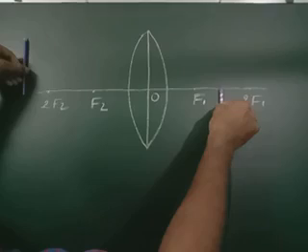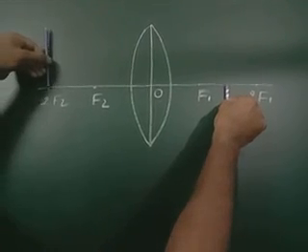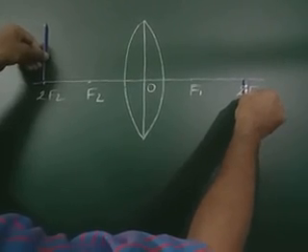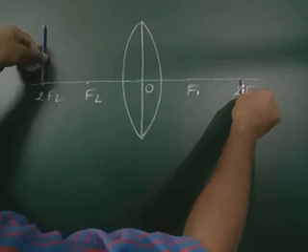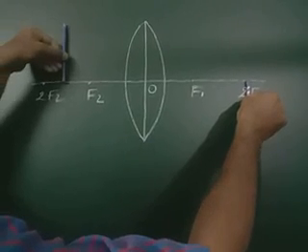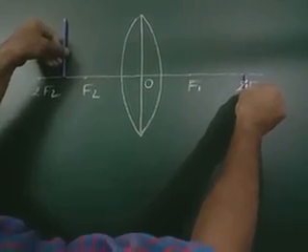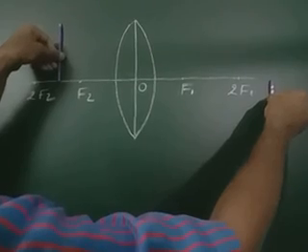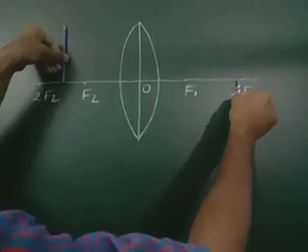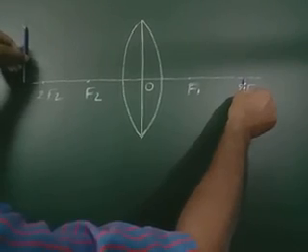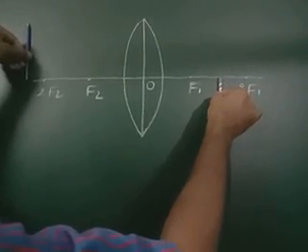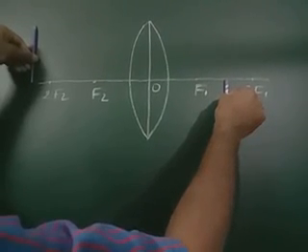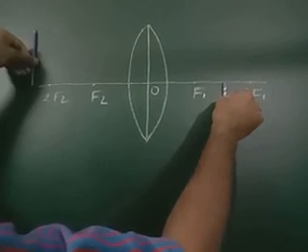Then the three conclusions I have told: If the object is placed at 2f, the image will also be formed at 2f. Size of the object and size of the image will be the same. If the object is in between f and 2f, the image will be beyond the 2f. Size of the image will be enlarged compared to the object. If the object is beyond 2f, the image will be in between f and 2f, then the size of the image will be smaller than the size of the object. This is the three rule.